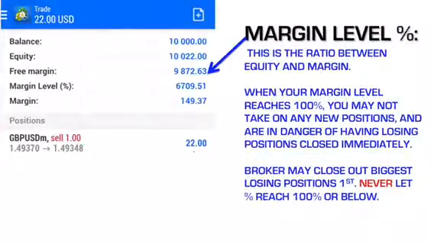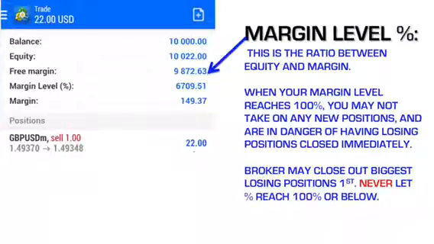The next one is margin level percent. Now, this is something that you definitely want to pay attention to. And this kind of goes back to what I was saying about free margin, why you shouldn't have multiple different options trading out of the same account. Right? This is the ratio between equity and